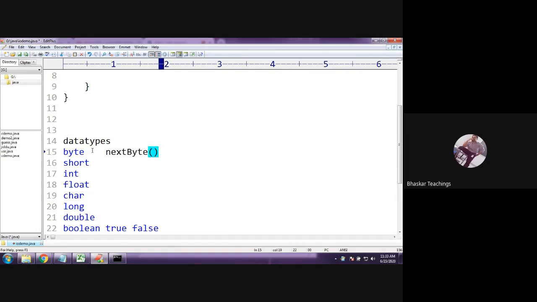Okay, this is the method, not scanf. This is the method. Now, to read the short value, the method is nextShort. So the method name starts with small letters only, but when a new word occurs, it will not take space, but it will just start the new word with a capital letter. Okay. Now next,